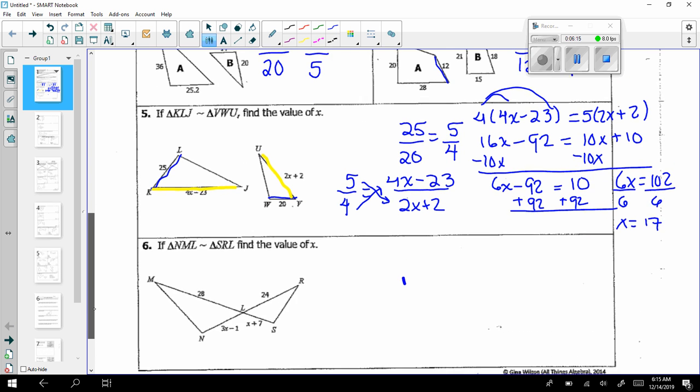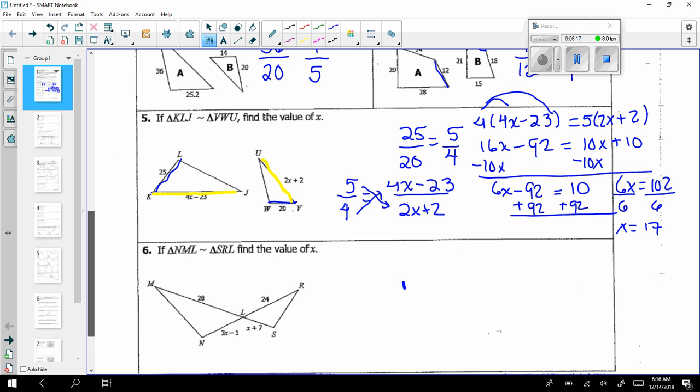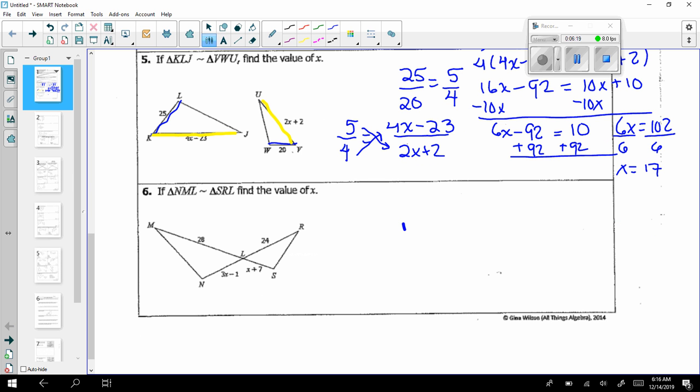So for this one, I have LM. LM is right here, and I know that corresponds with LR. And what about NL? I'm going to do a different color. NL corresponds with SL. So there we go. Again, what's nice when I have it like this is that I can reduce this. So I have 28